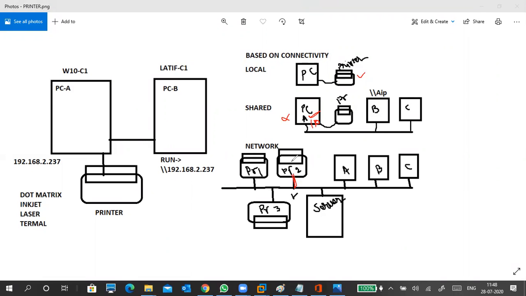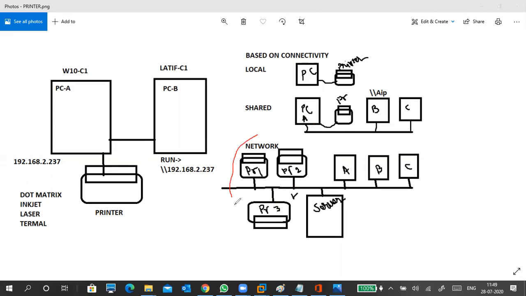Now, if you have a single network printer, the total load is on one single printer only. So what I did, I added multiple printers in my network so people can use different printers and the load will be shared. But as I already told in one example, if all PCs are taking print from only one printer, because earlier only printer one was known, they don't know about printer two and printer three, then everybody is taking a print from printer one only. Then a problem.